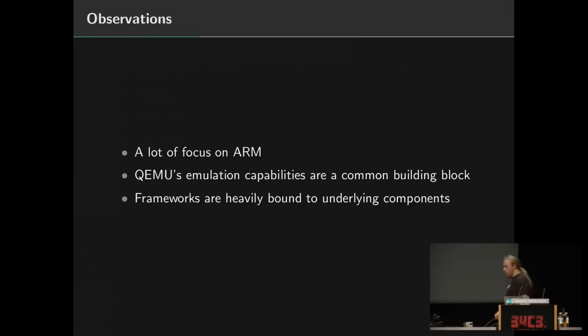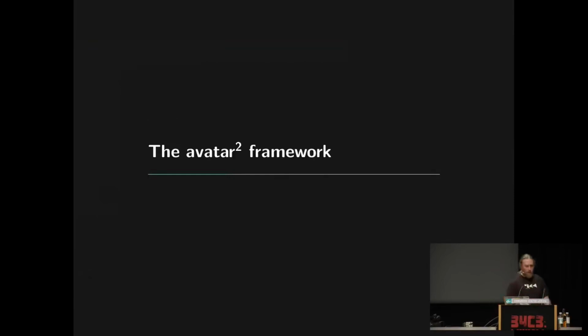Unfortunately, the resulting frameworks are then heavily bound to QEMU, so they don't see any ways, or don't define any ways, to get the analyzer state of the emulator into another tool. This missing way of transferring states of analyzers is at the same time a little bit the motivation of the Avatar 2